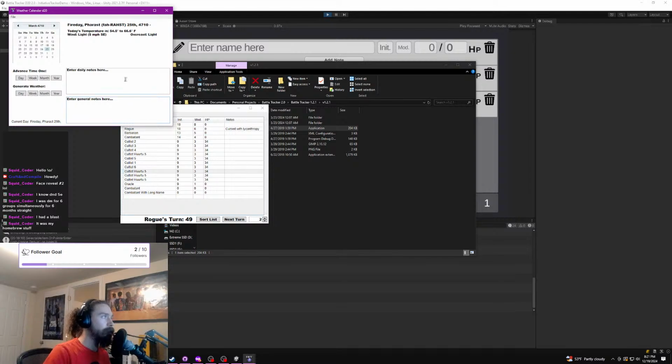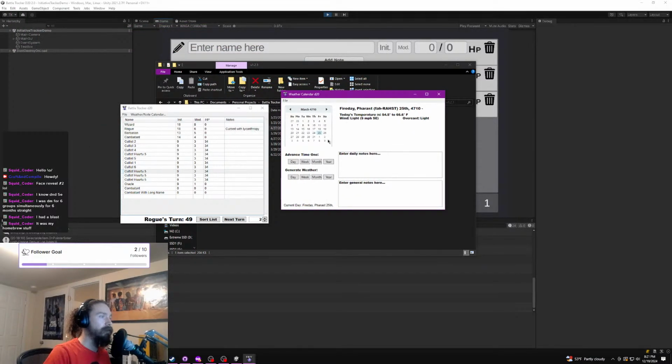There is a second part to this program as well that generates weather and tracks the date and time. Not so much the time, but the date, I guess, and the weather. It's also a bit limited. It only generates it based on one biome, so like kind of a temperate biome. I made this when I was running Kingmaker, actually. So I tried to simulate the weather in the Riverlands while still following all of the weather generation rules for